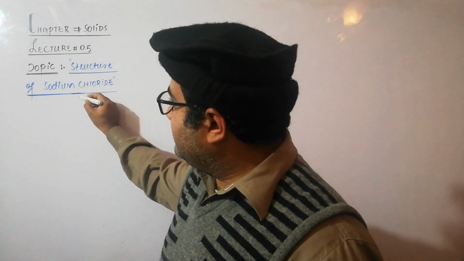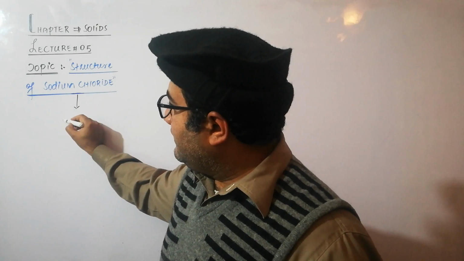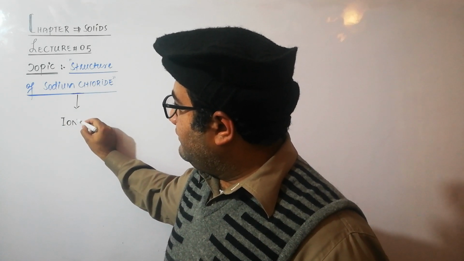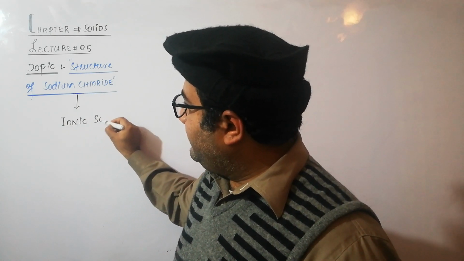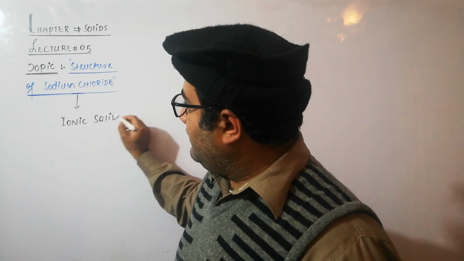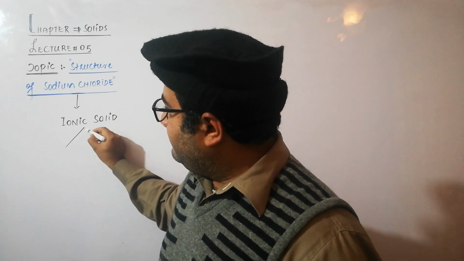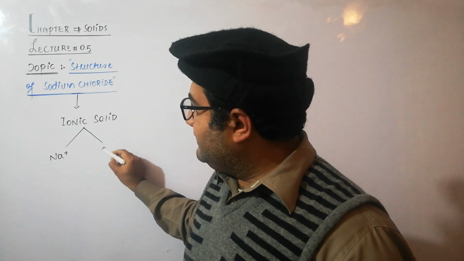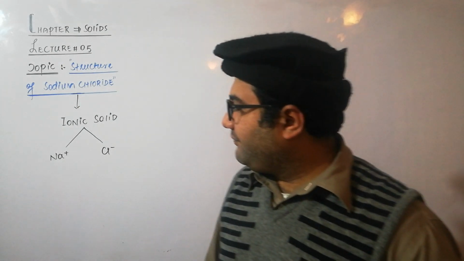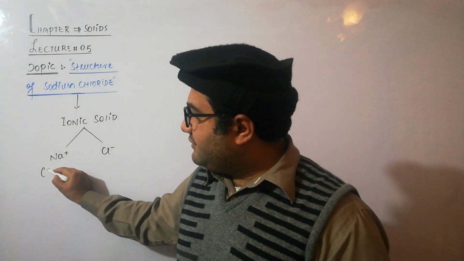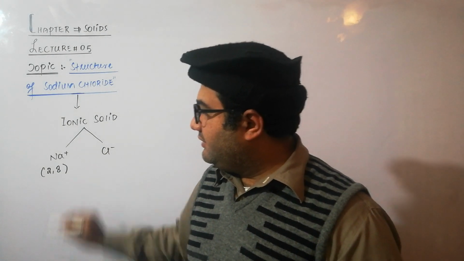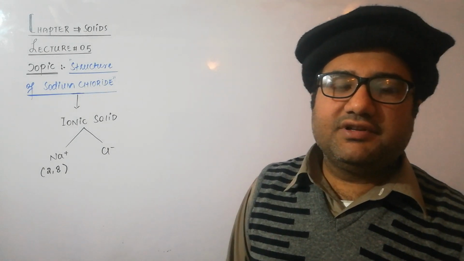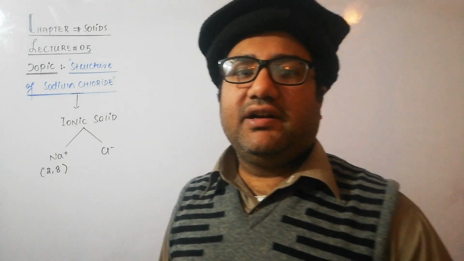Sodium chloride is an ionic solid which consists of sodium ions and chloride ions. The configuration of sodium ions is 2 8. Total are 10 electrons, out of which 2 are present in the K shell and 8 are present in the